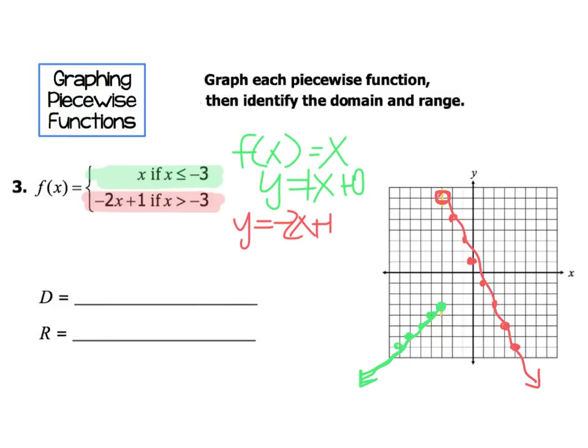So our domain, think left to right. Does it go to the left forever and to the right forever, and does it cover every value on the x-axis? We know this one goes to the left forever, and we know this one goes to the right forever. But if we're starting here